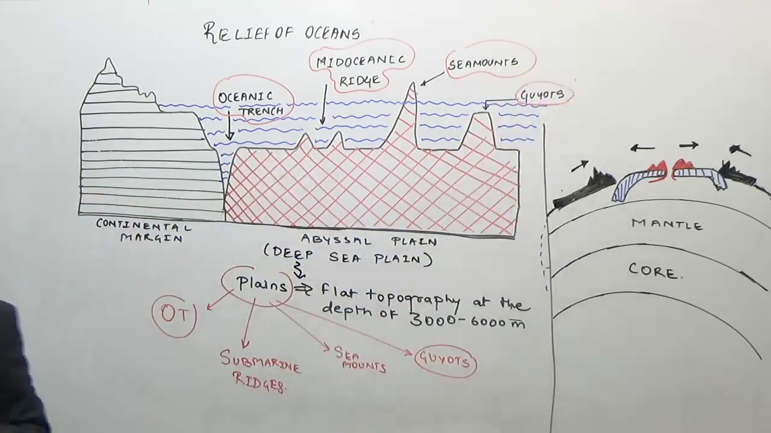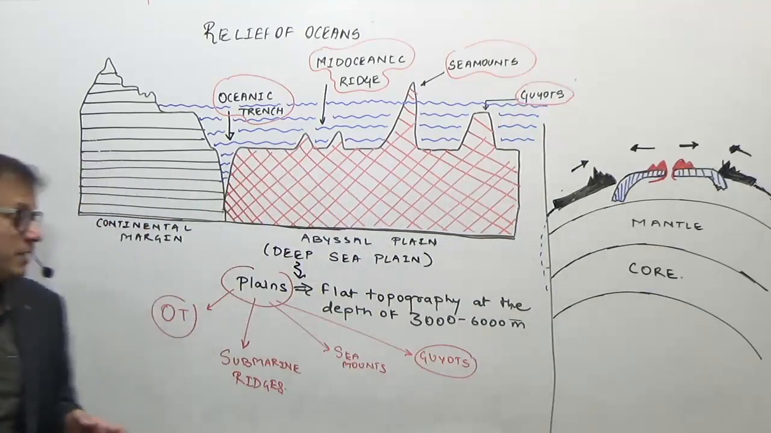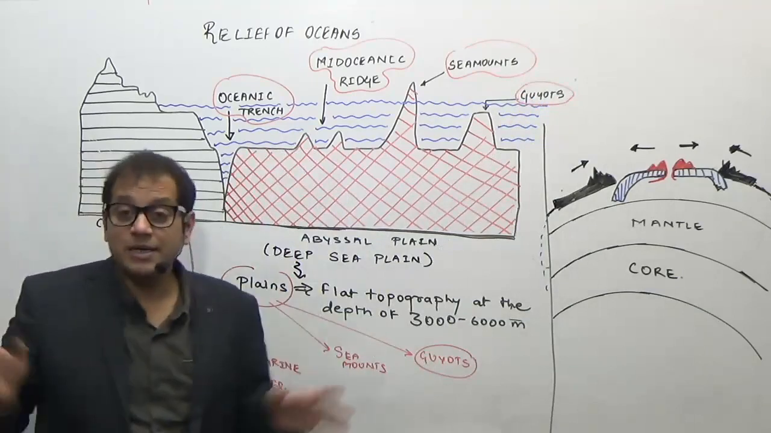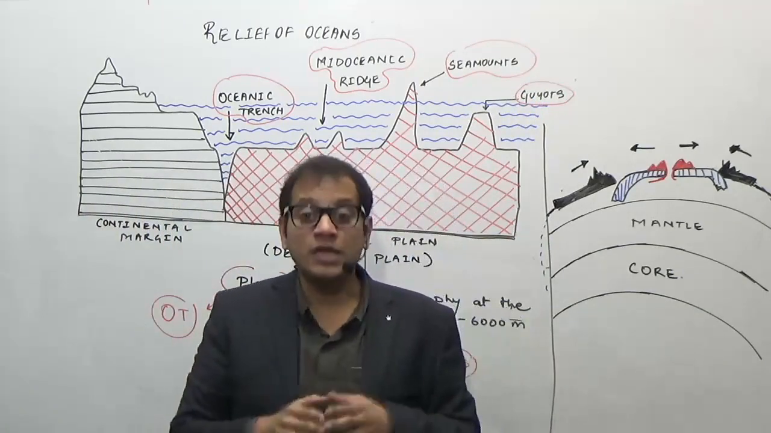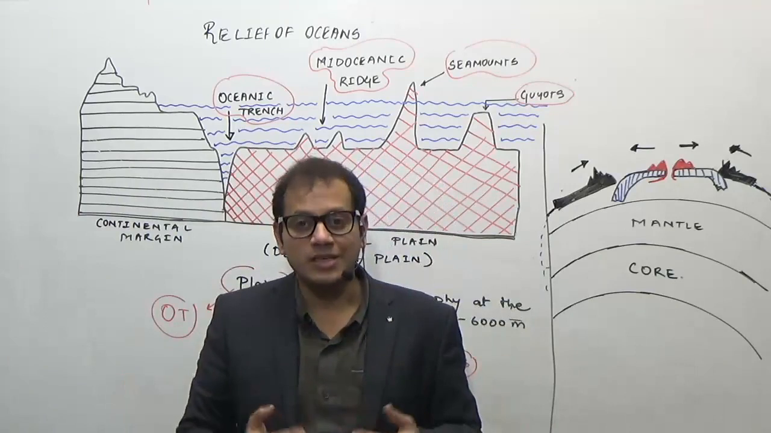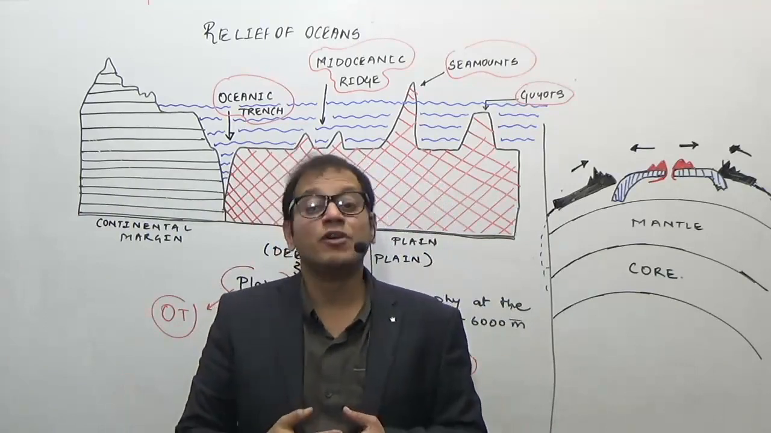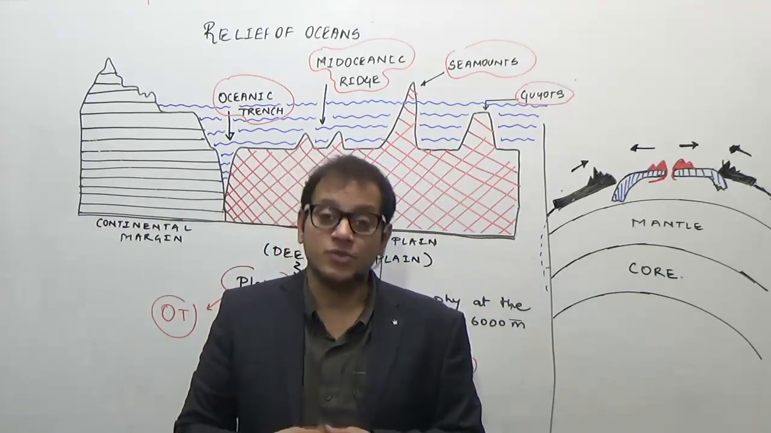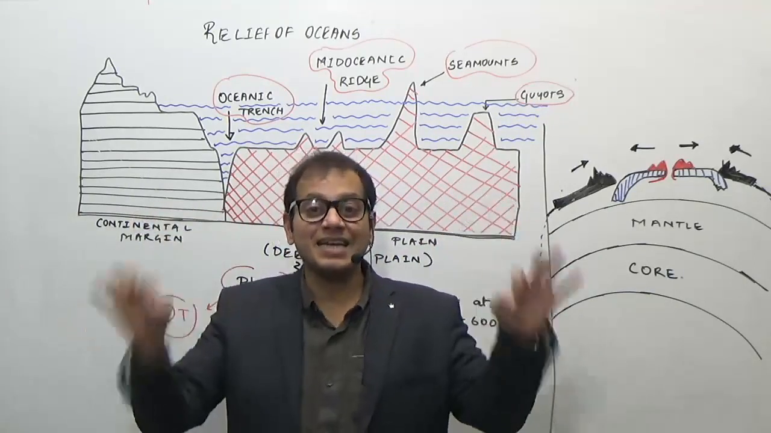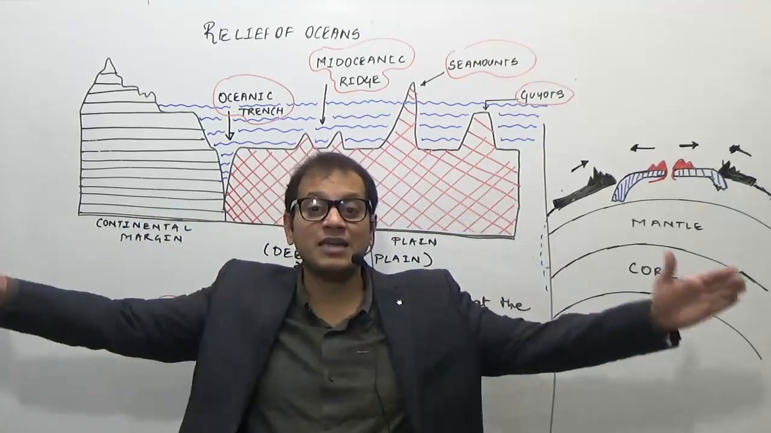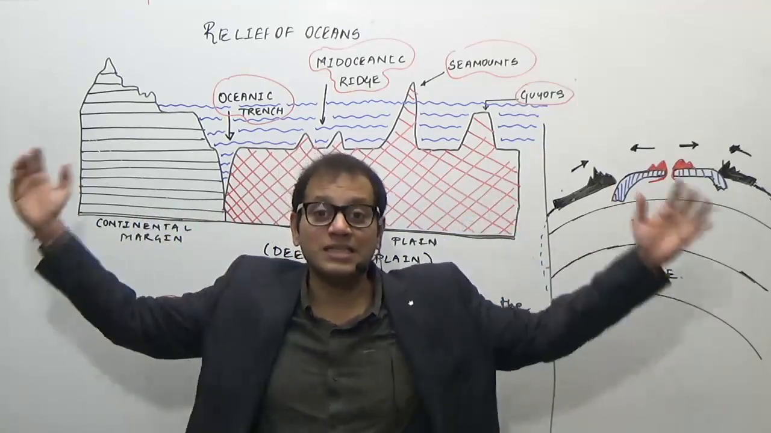So what is the ocean floor, or what is the deep sea plain made up of? Deep sea plain, which is dominated by basaltic rock, is a flat rolling topography, or a flat rolling surface at a greater depth of 3,000 to 6,000 meters. Remember one fact: these are the areas of the ocean which have the largest areal extent, or cover the